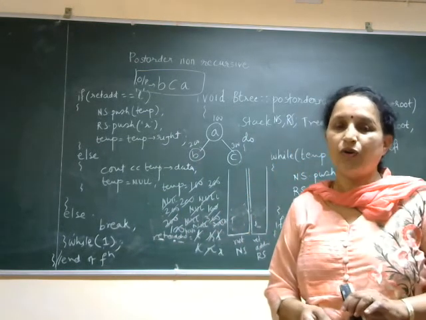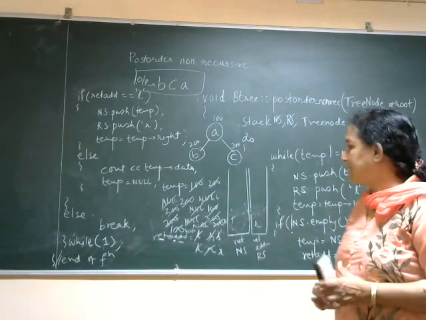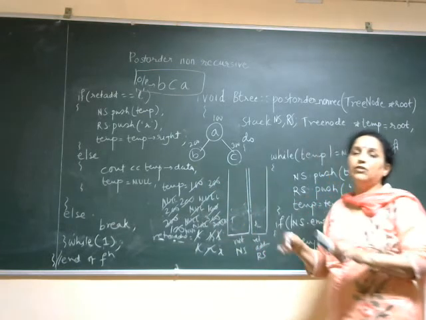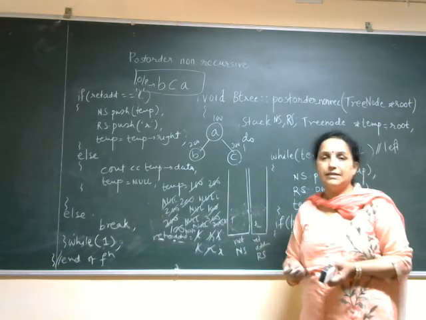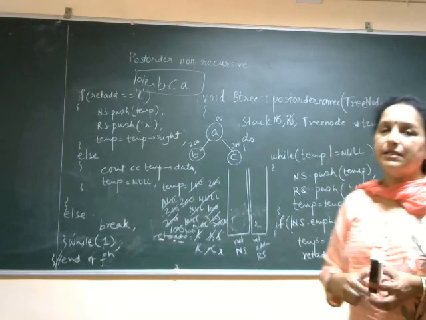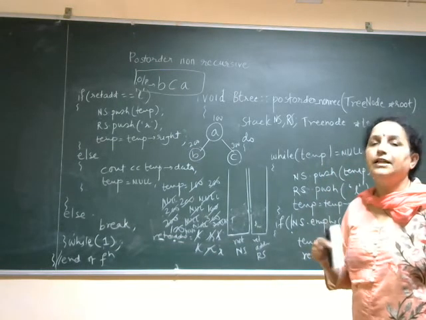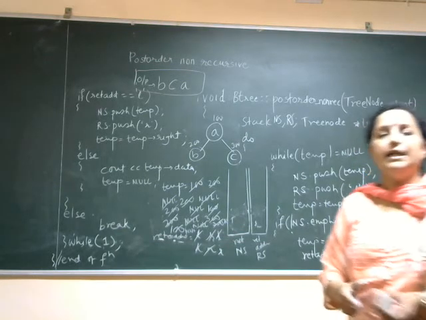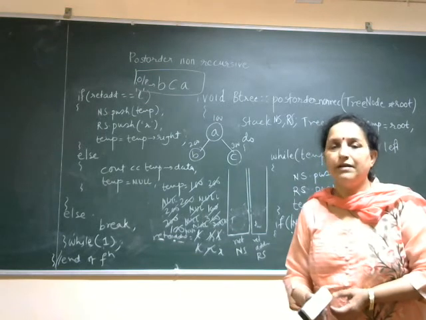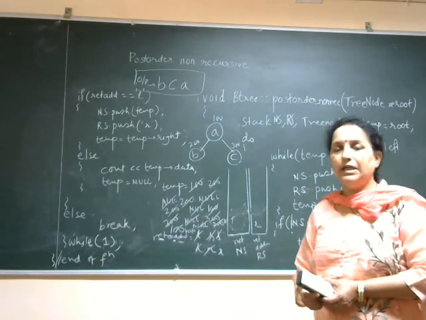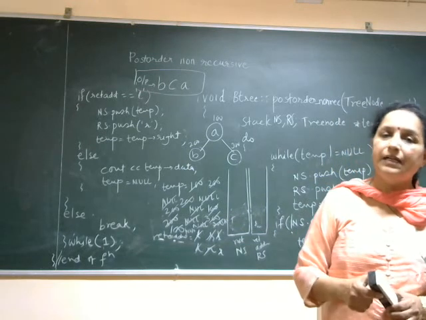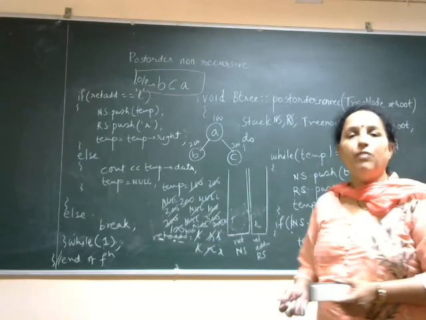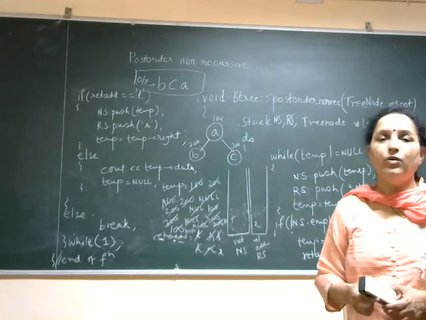This is post order non-recursive traversal, and even when I take only 3 nodes, there are so many values we are pushing inside the stack and popping from the stack. So this is repeated when there is a huge tree. There are so many values we can push inside the stack with L and R. So we may write it recursively or non-recursively. If it is recursive, we are using the internal stack. If it is non-recursive, then we are using our own stack.